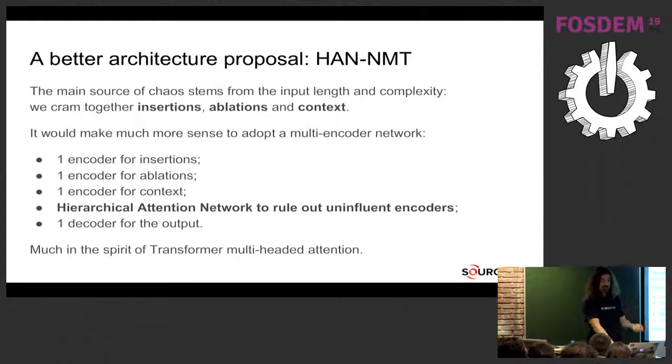Which is much in the spirit of the transformer, actually, because the transformer is a sequence-to-sequence network which doesn't use any recurrent neural networks and just uses attention machines with multi-attention heads, 8 of them actually, attending at different parts of the code. And so you have different moving parts attending to different parts of the input and the output. And that gives it a lot of nice performances.